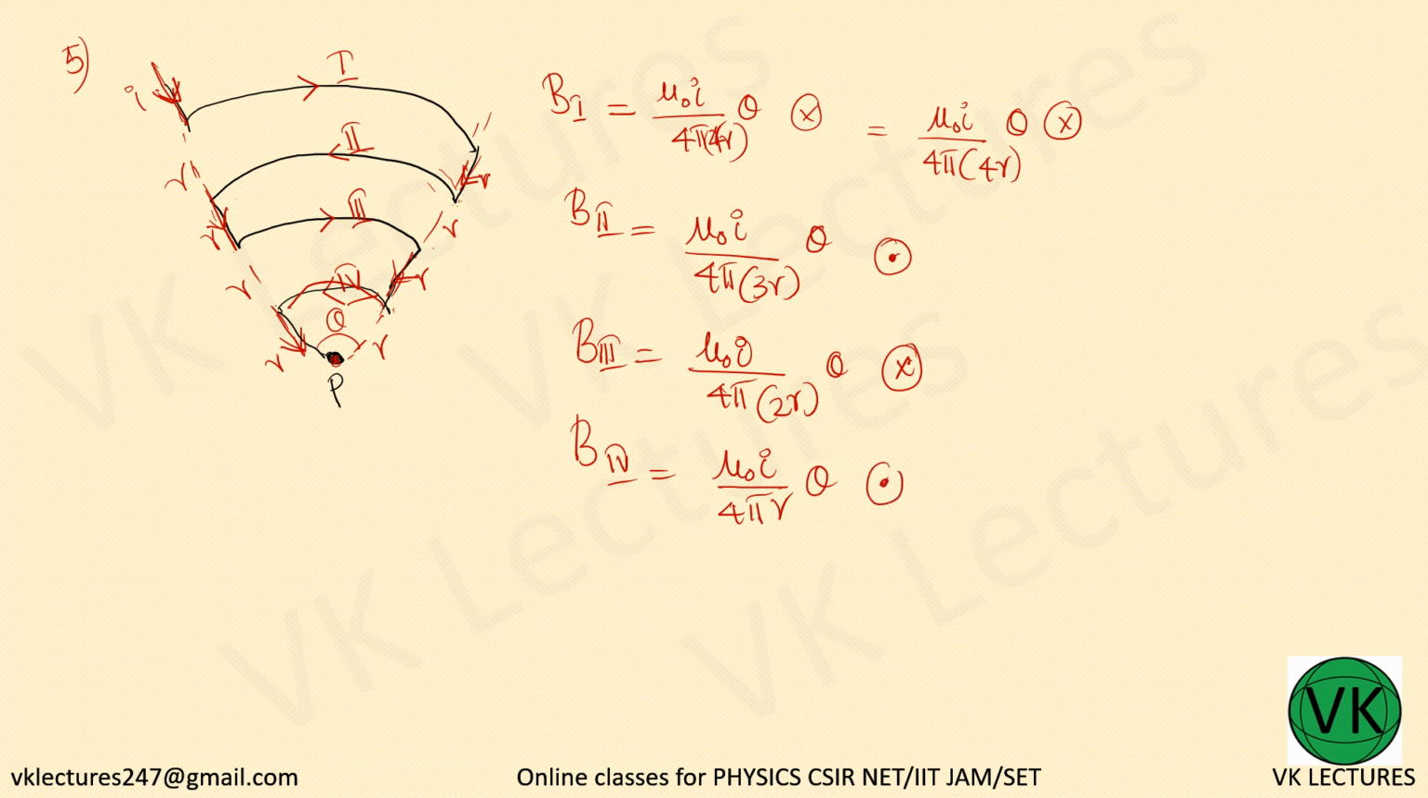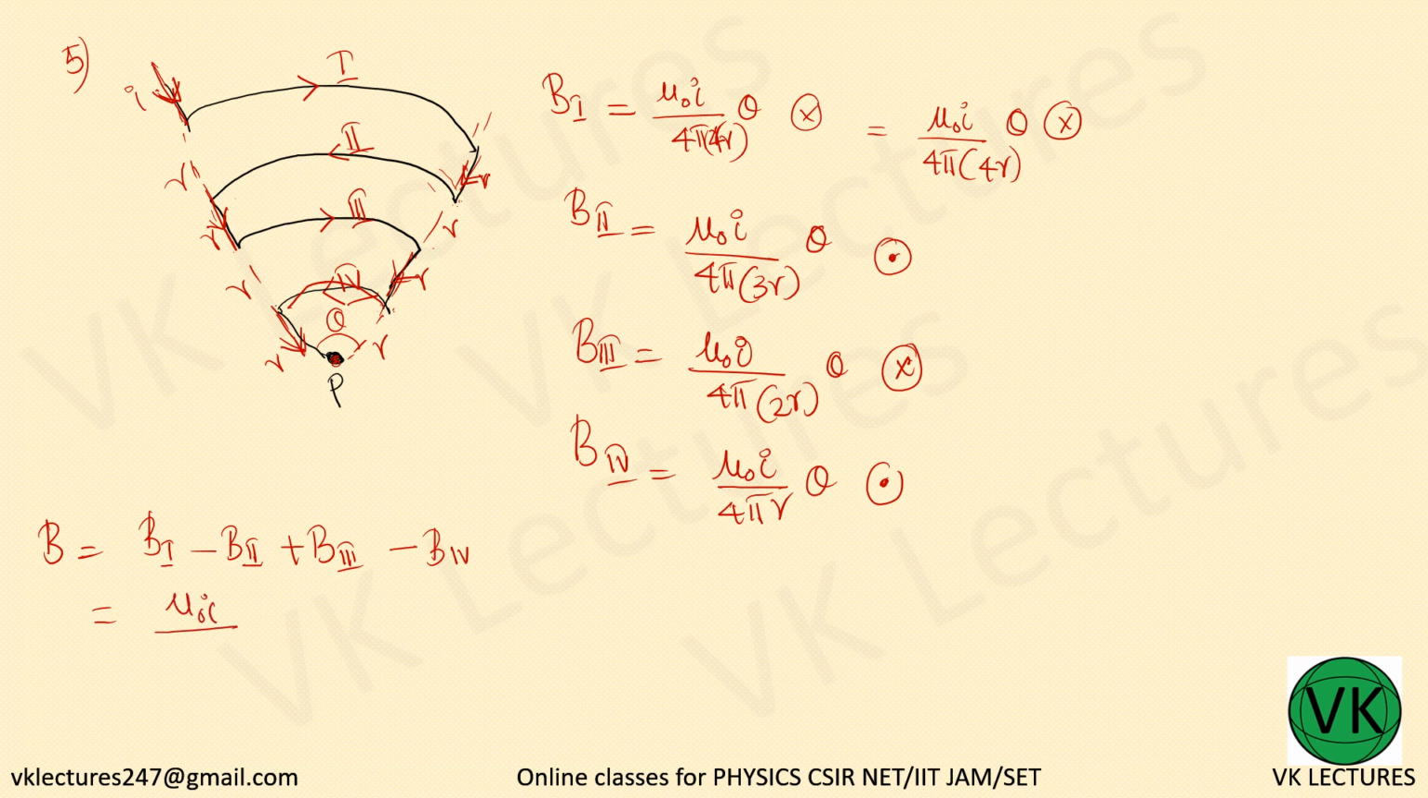Okay, so what will be the total final expression for magnetic field? B total is equal to the sum of all these things. So first one, this is B1, and B2 is in the opposite direction. This is into the plane, this is out of the plane. So minus B2, again B3 is in the same direction as B1, so plus B3, then B4 is in the opposite direction, so minus B4, which is equal to mu 0